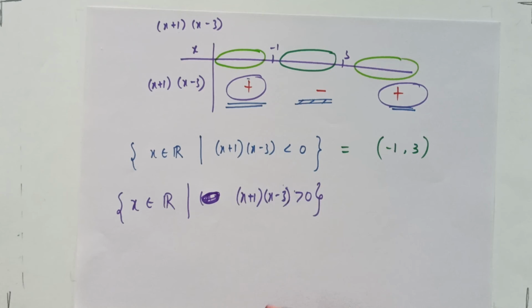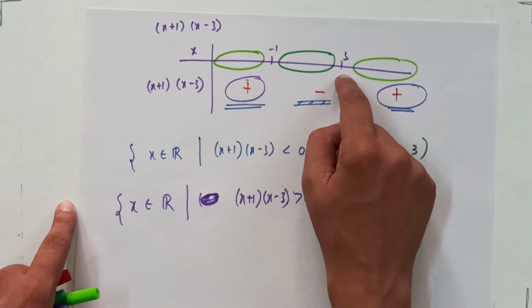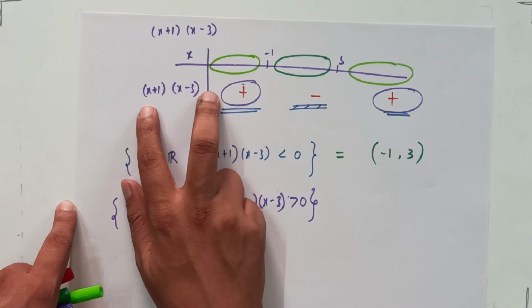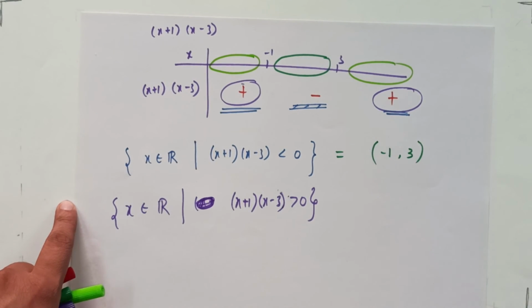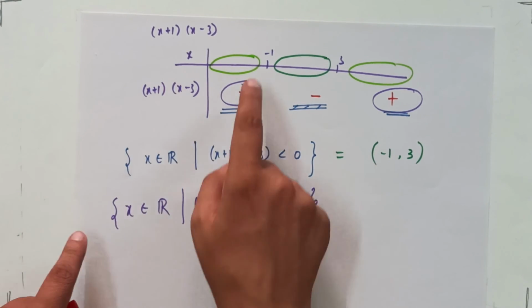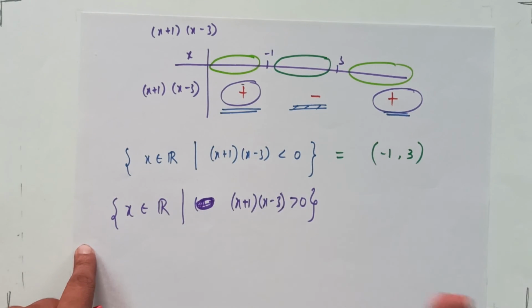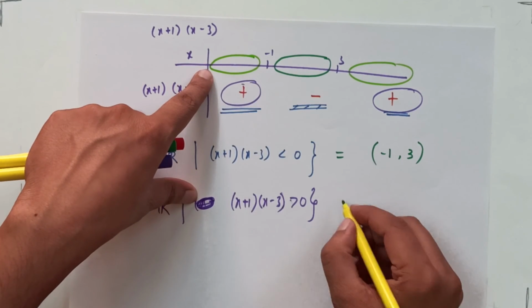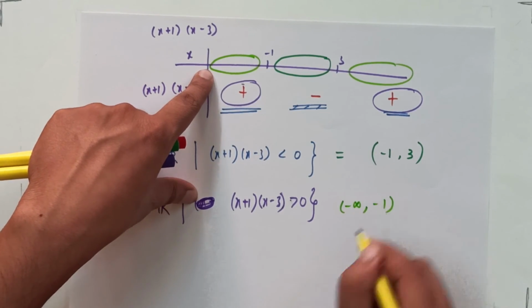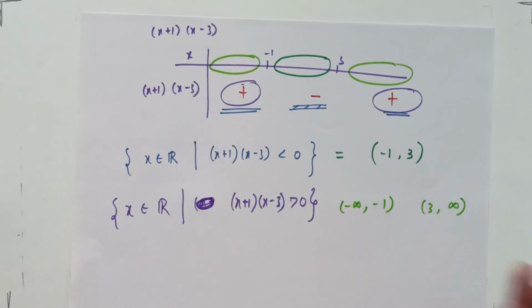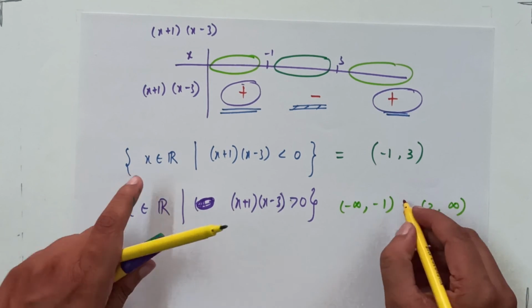Now one thing is that we cannot include minus 1 and 3. The reason is that at these points our expression was tending to 0 or having 0, and these were the roots. We also cannot include minus infinity and infinity because these are not numbers, so we exclude them. If I write the first interval, that will be minus infinity, minus 1, and the second interval would be 3 comma infinity. Now we are getting both these intervals. The thing I will do here is put a union sign between them.